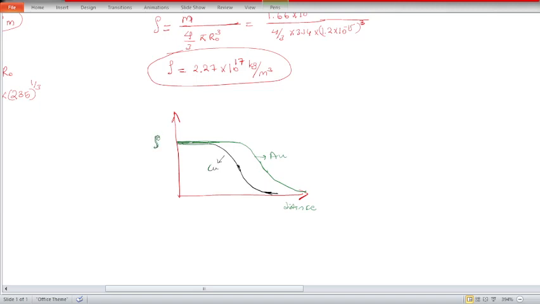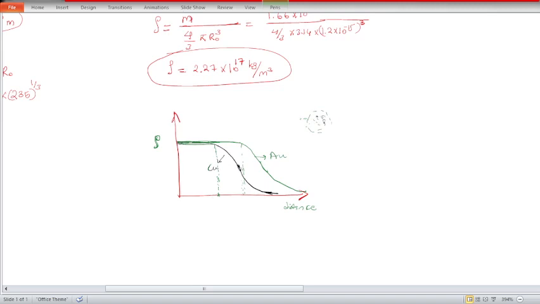So if you plot this, for heavier nuclei there is a slight shift from the density 2.27 into 10 raised to 17, but it is almost the same, and it is constant for a certain distance. Let's say for copper it is constant up to this value. Which means that the nuclear density is almost constant for a certain distance from the center of the nucleus,